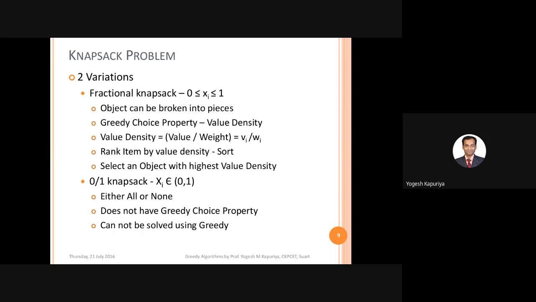In greedy terms, it is known as value density. So the first step in solving this problem statement using greedy is to find the value density for each object. If there are 100 objects, you have been given a value and a weight for each object, so the first step is to find the value density of each and every object. What is the next step? Any idea?